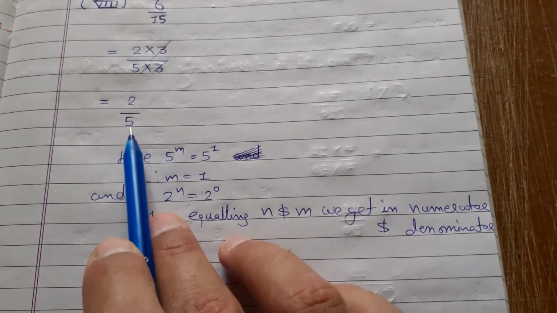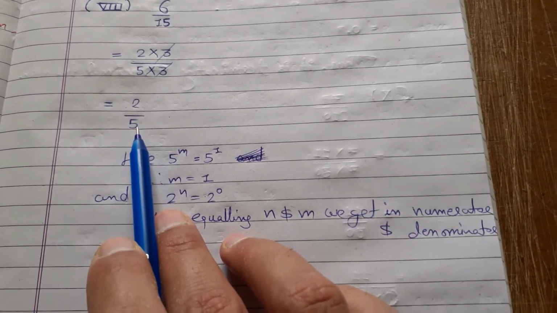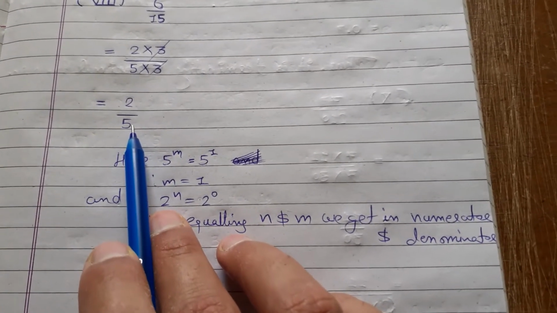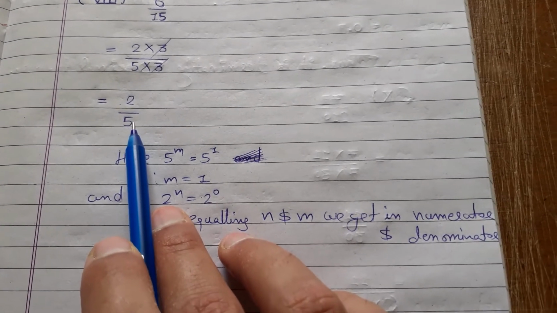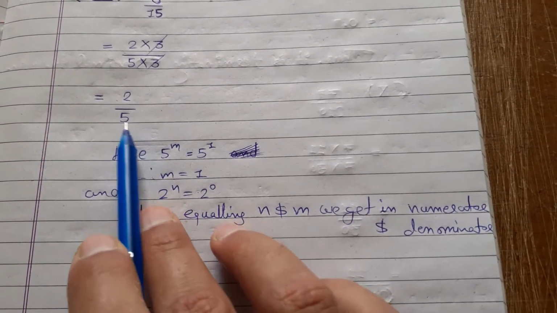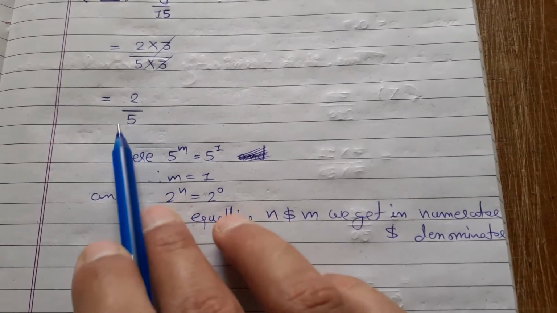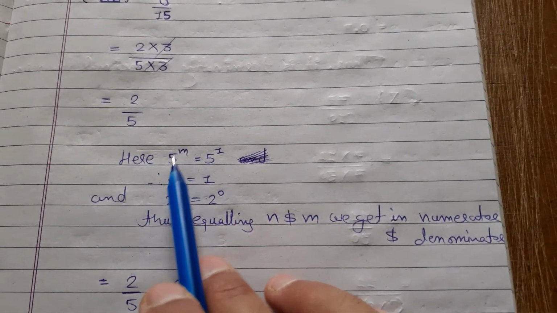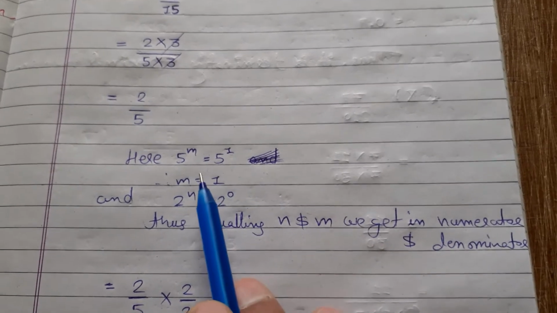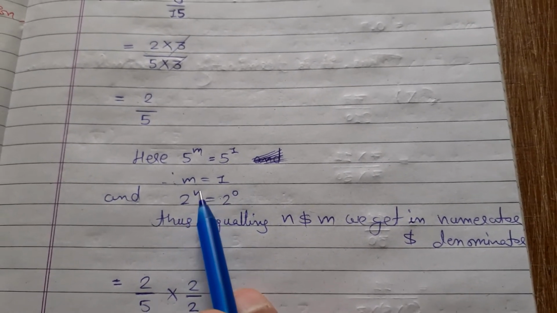To make the decimal expansion appear in the form of a power of 10, without division, we have to multiply the denominator with the help of 2. Here 5 raised to m is 5 raised to 1, so m is 1, but for 2 raised to n,